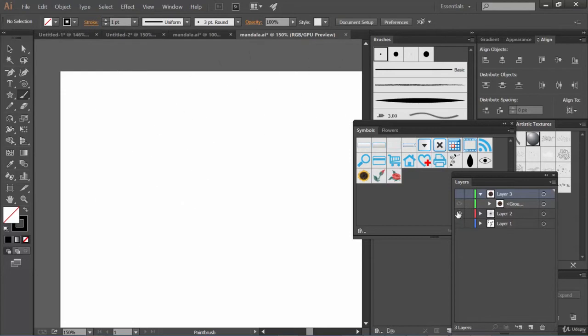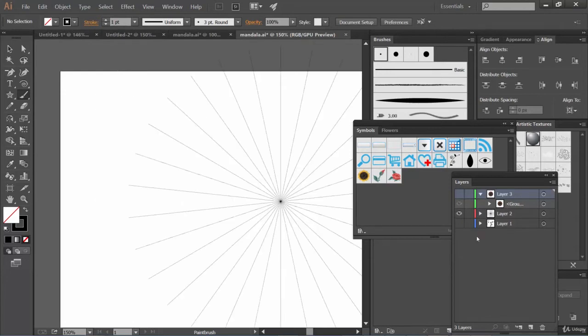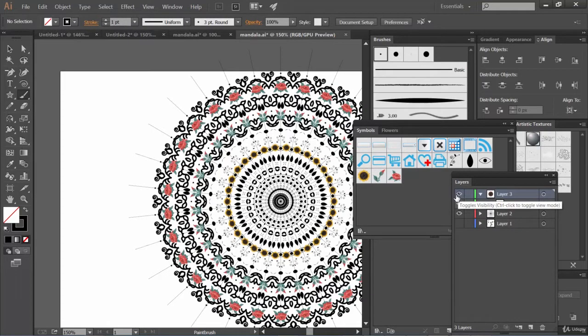Second step, draw a structure of divisions which will help you to draw the mandala. Remember, more number of divisions means your mandala will become more complex. Just take a look at this.